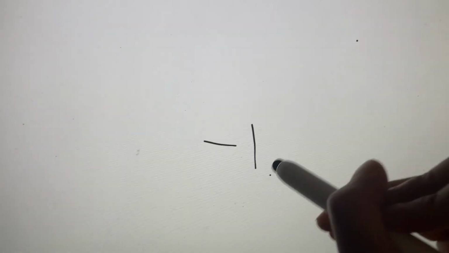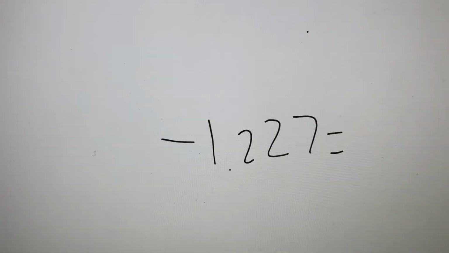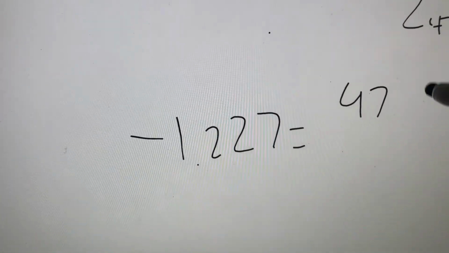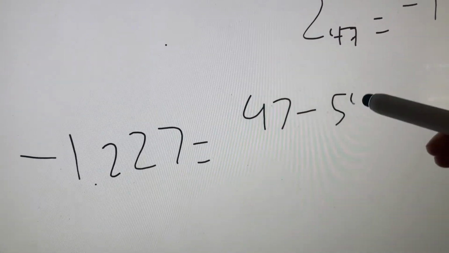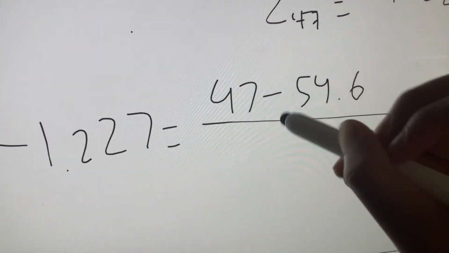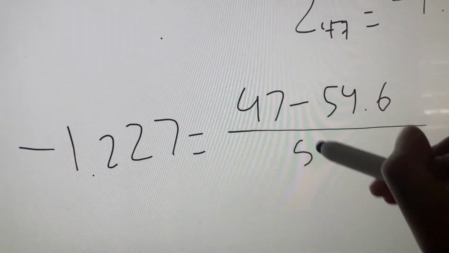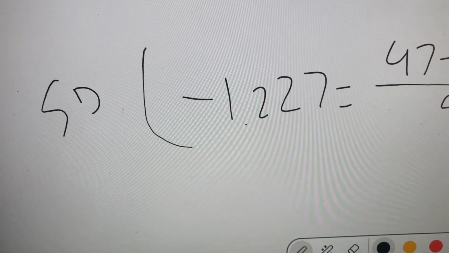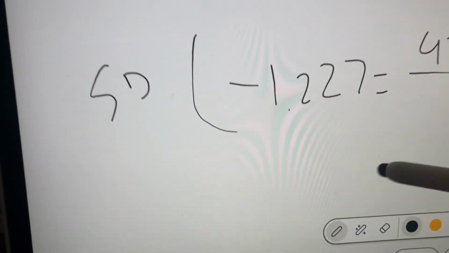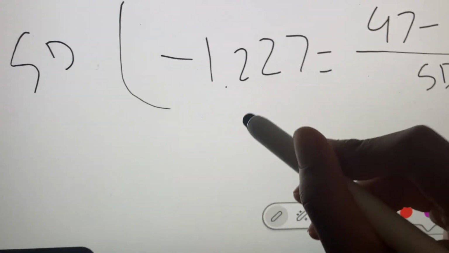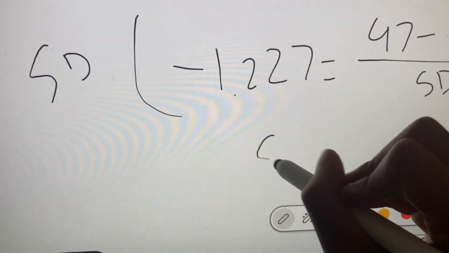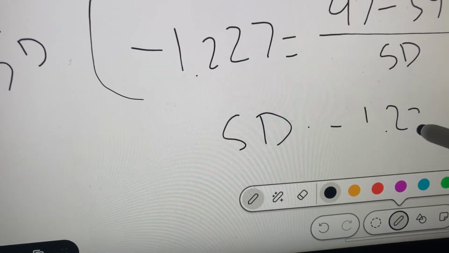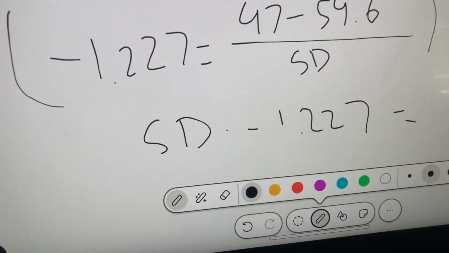We know that negative 1.227 is equivalent to Obama's age, the value 47, minus the mean, 54.6, divided by the standard deviation, which we want to find. Using algebra, you multiply both sides by the standard deviation. Then we find that the standard deviation times negative 1.227